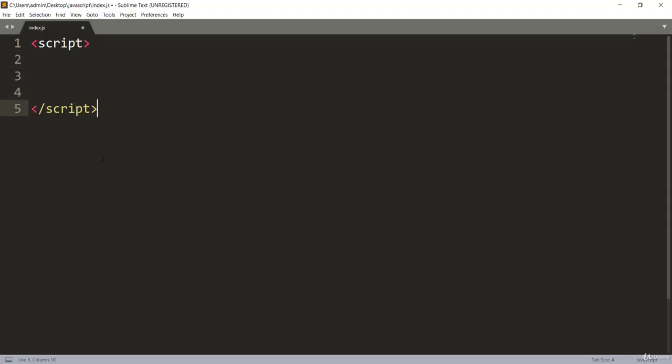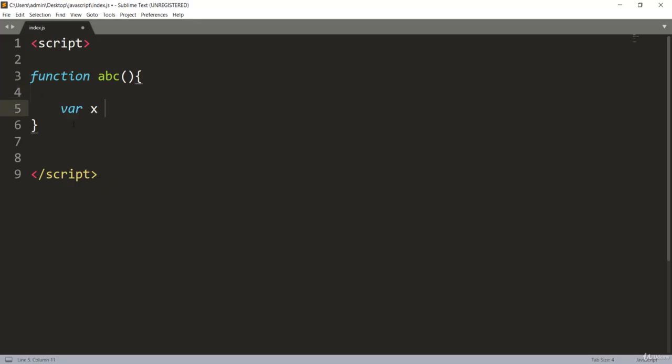So over here inside this script tag is our JavaScript code. Let me just create a function with JavaScript. We haven't studied functions yet, but it is simple: a piece of code that repeats when you call it. You create a function with the function keyword and give it a name, same as creating variables. We'll study functions in an upcoming lecture, but just remember here that we make use of this variable.